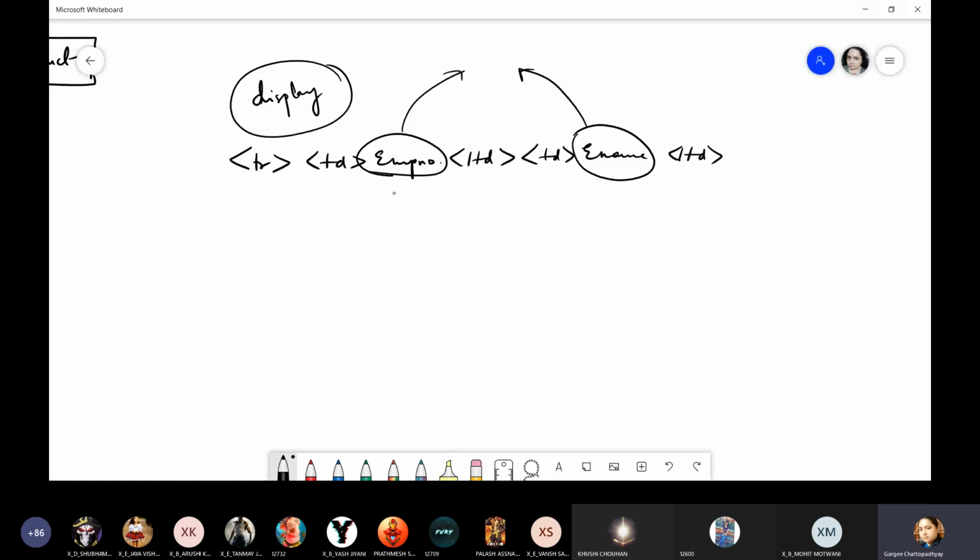So in order to give this data a specific structure and a specific recognition, identification, we use XML. That only I am going to explain now.